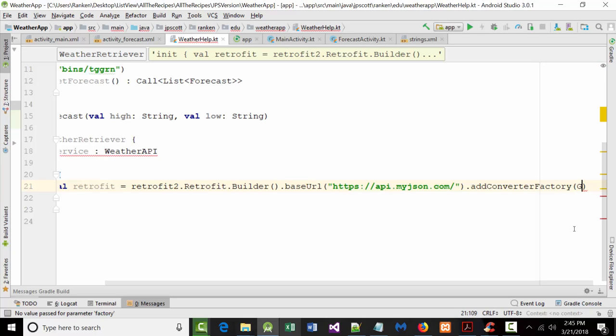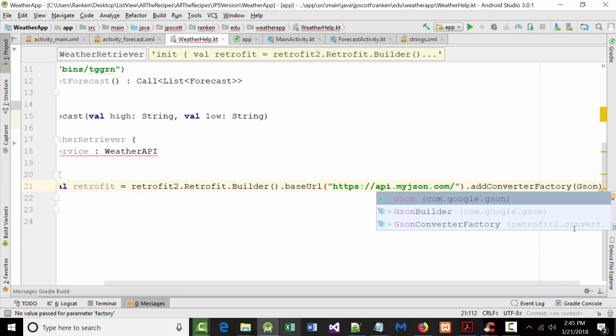All right, well, now when we type in JSON, notice it recognizes it. It did not recognize that before. All right, had we not put in that other dependency into Gradle, it would not recognize this. All right, I can tell you that for certain. All right, so it's JSON